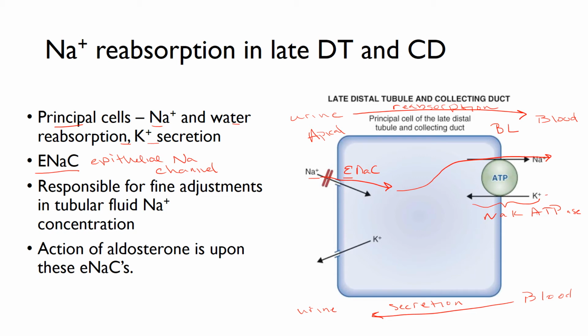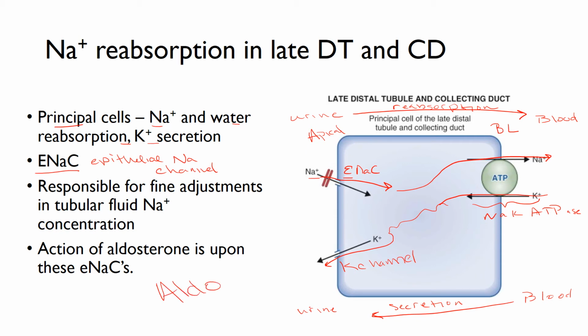Potassium enters the cell using the sodium-potassium ATPase, navigates across the cell, and then exits the cell using a potassium channel. So for every 1 sodium that is reabsorbed here, a potassium is secreted. This cell and the action of these transporters and the channels are responsible for the fine adjustments in tubular fluid sodium concentration. And when we talk about aldosterone